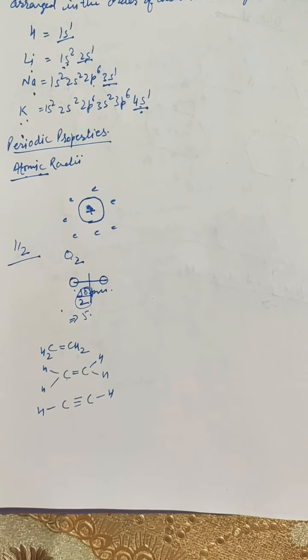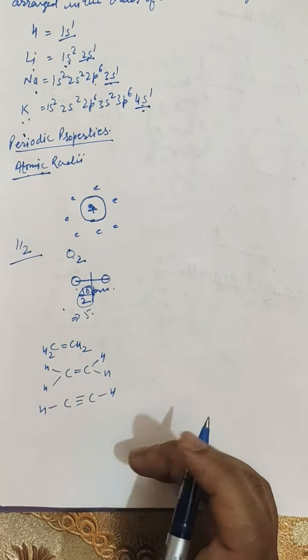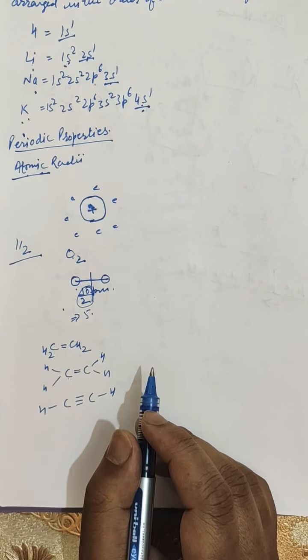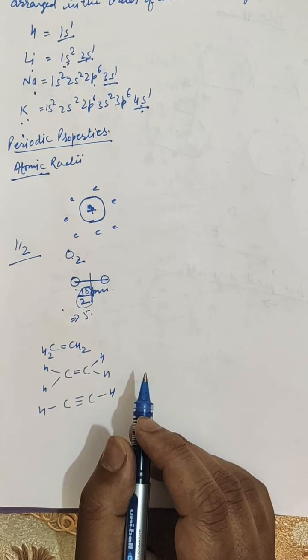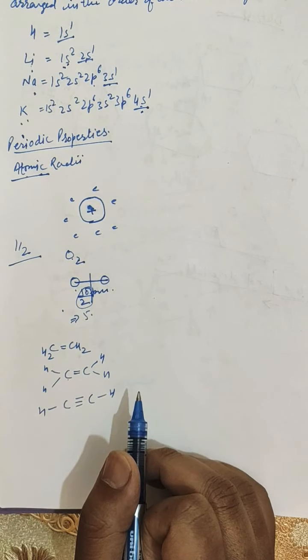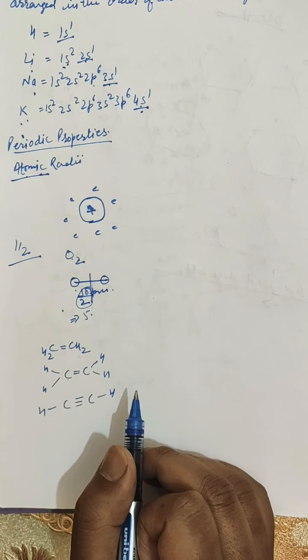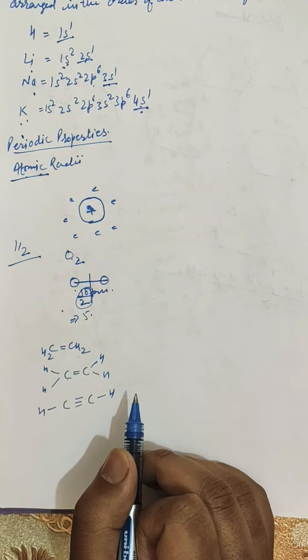Next is the metallic or crystal radius. This gives the size of the atom in the case of metallic elements. In metals, a large number of atoms are closely packed and held together by metallic bonds. The close packing of the metal atoms is known as the crystal lattice or metallic lattice, and this packing is different in different metals. The metallic radius may be defined as one half of the distance between the nuclei of two adjacent atoms of the metal in a metallic lattice.